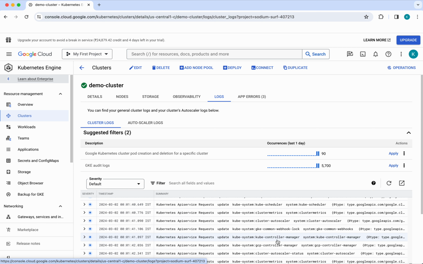In this demo, we have seen how to generate Terraform code to create a GKE cluster in GCP with the help